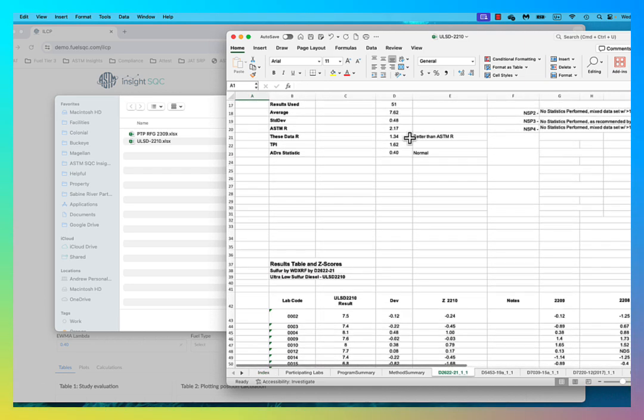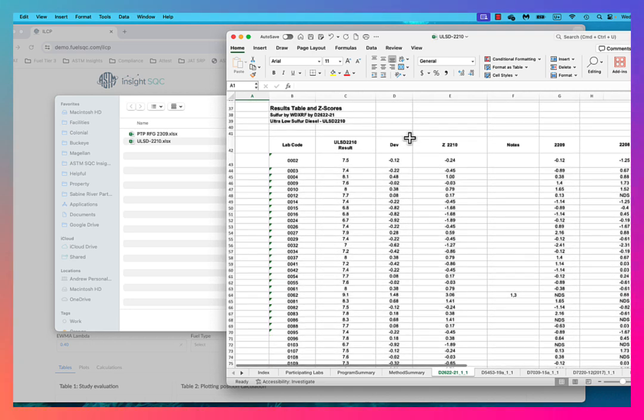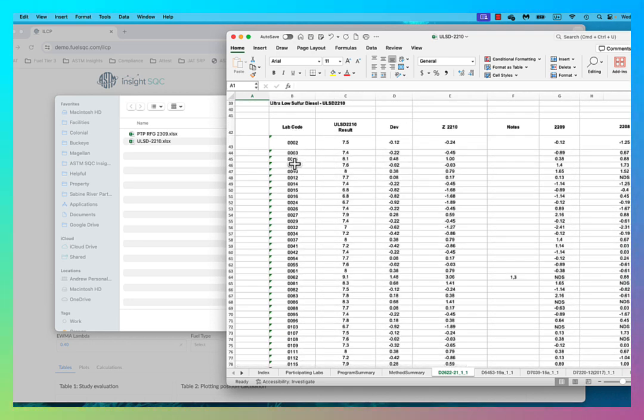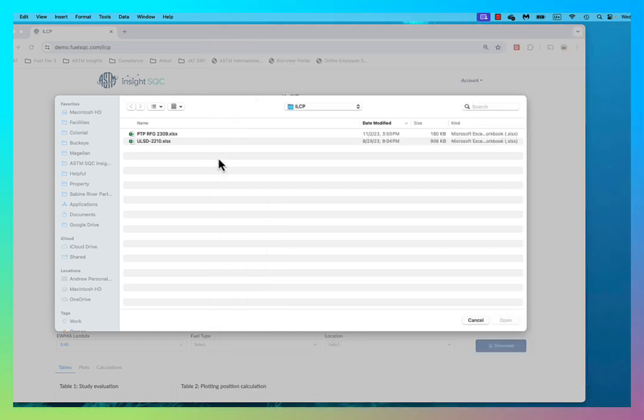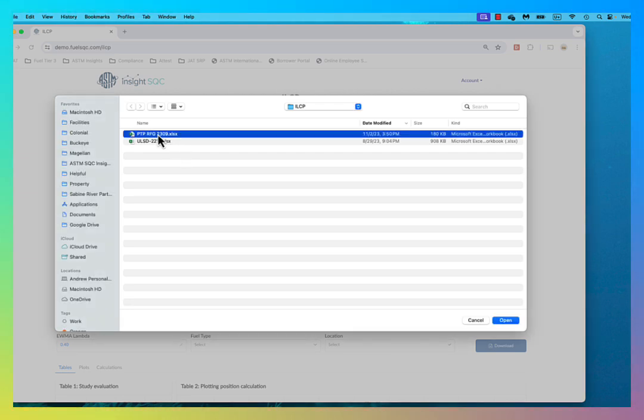And so here's all the results from the ASTM file, where every laboratory is given a unique laboratory code that changes every time the PTP gets run. So this isn't a static lab code, it's a dynamic lab code that pops up new for every lab every time it runs. Okay, so this is what the file looks like, and you download it directly from ASTM's website. So in this situation, what you do is you'd go ahead and pick your file. We'll pick the RFG file,